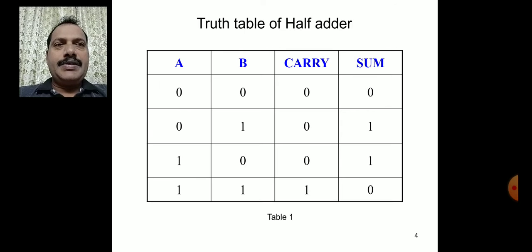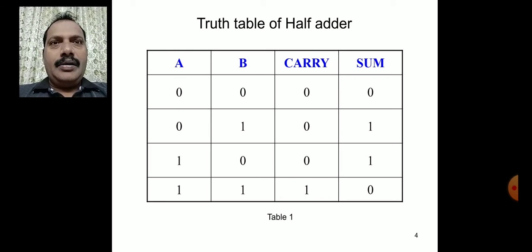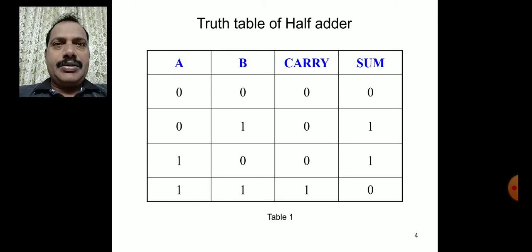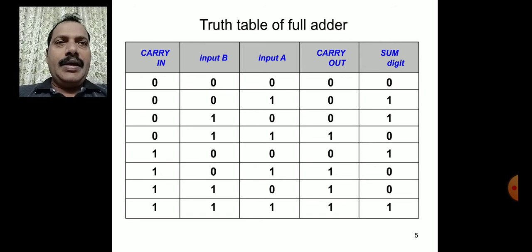and this is the half adder which we have discussed extensively because it is having 2 inputs and 2 outputs, and for the 2 inputs there are 4 combinations from 0 0 to 1 1, and adding each pair gives us a sum and carry respectively. And similarly full adder truth table we have seen.